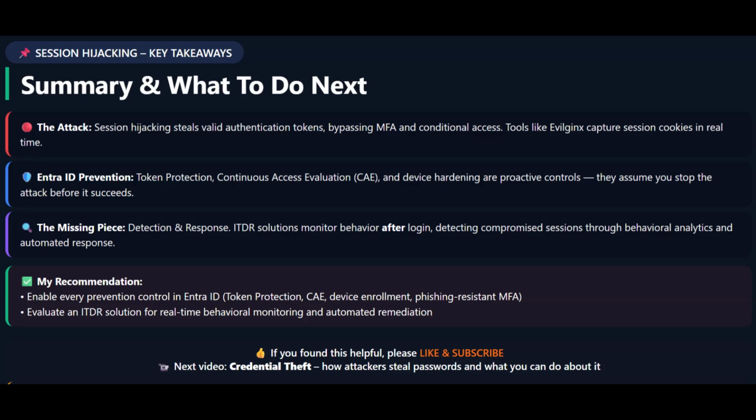Identity threat detection and response solutions continuously monitor for anomalous behavior after login, detecting compromised sessions through behavioral analytics and automated response actions. My recommendation: start by enabling every prevention control available in Entra ID, token protection, CAE, device enrollment, and phishing-resistant MFA. Then, evaluate an ITDR solution that provides real-time behavioral monitoring and automated remediation for the threats that